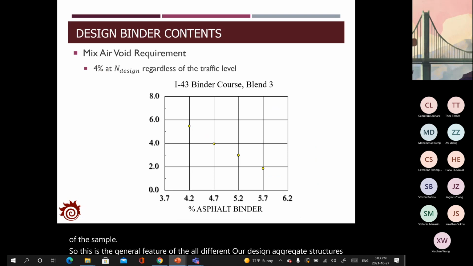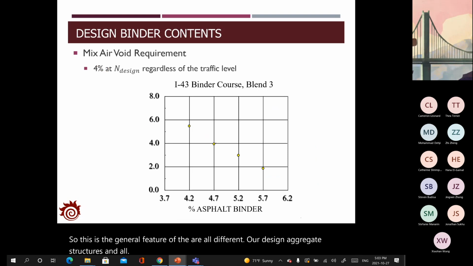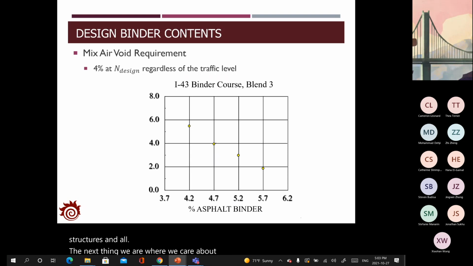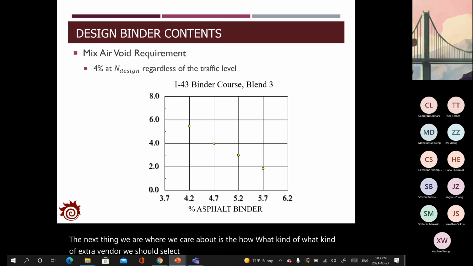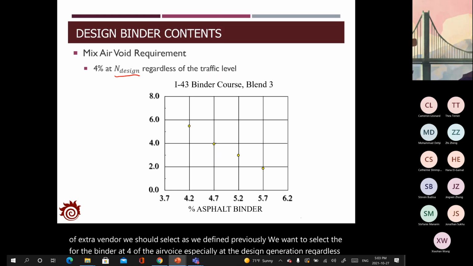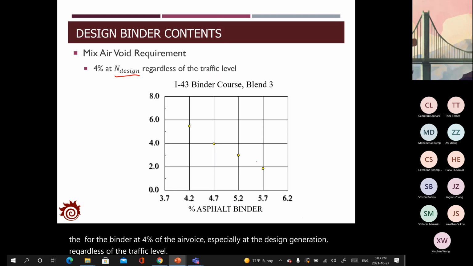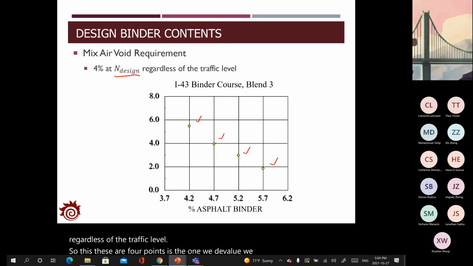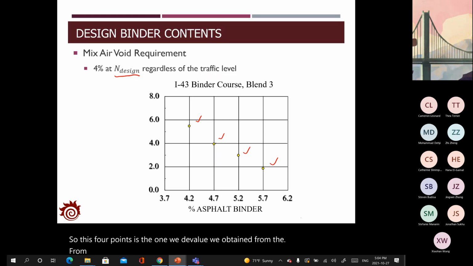And the next thing we care about is what kind of asphalt binder we should select. As we defined previously, we want to select the asphalt binder at 4% of the air voids, especially at the design gyration, regardless of the traffic level. So these 4 points are the values we obtained from the gyratory compaction experiment. And then we will try to do a linear regression to find out the relationship between